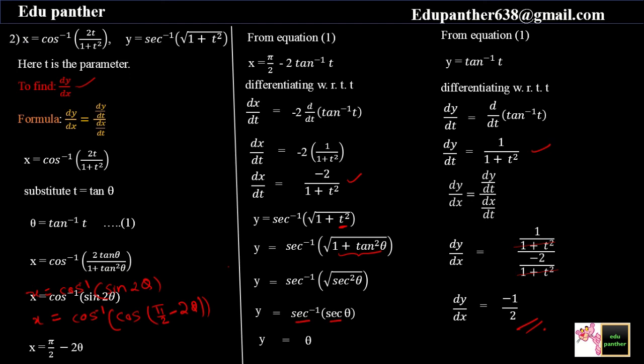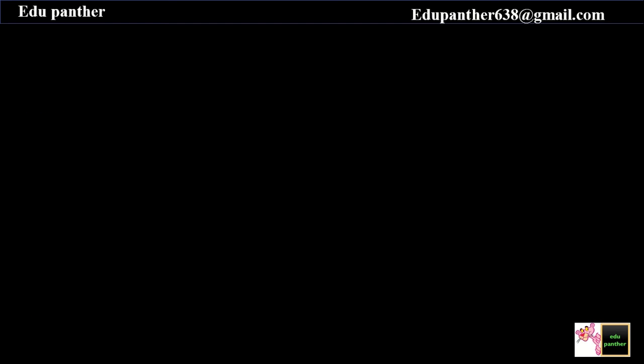So this was differentiation of a parametric function. Now we'll see some more different types of problems on differentiation of parametric functions. So some problems related to proving. Here x is given as a cos cube t, y is a sin cube t, and we have to prove that dy by dx is minus y by x raised to 1 by 3, meaning minus cube root of y by x. So here x and y are represented in terms of t.